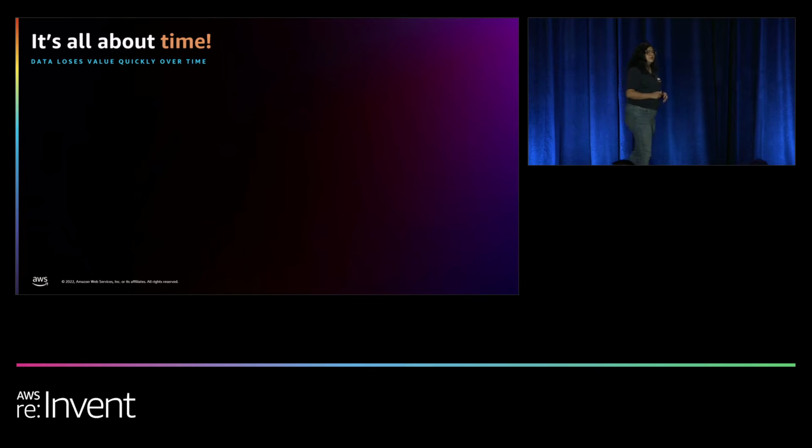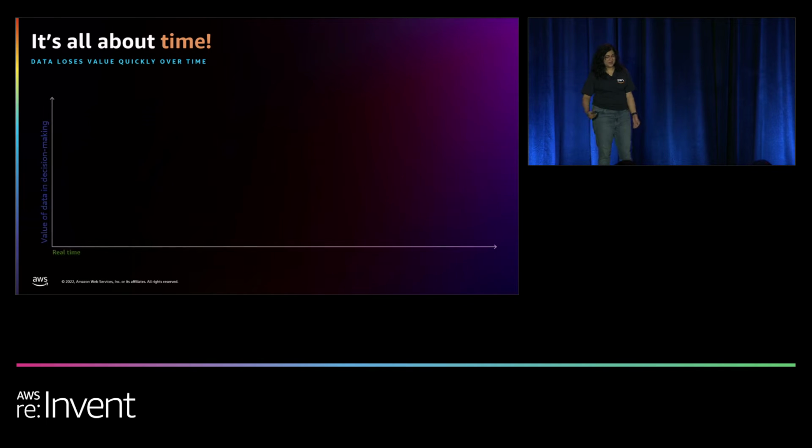So as you can see, a lot of this is related to time. Now, a lot of e-commerce companies understand this, that the longer it takes for you to make that decision, the data actually becomes stale over time. You need to make these decisions right now, as soon as possible, to be able to provide for a lot of these customers who are now shopping online. So if you see, on the x-axis you have time, and on the y-axis is actually the value of the data in decision making.